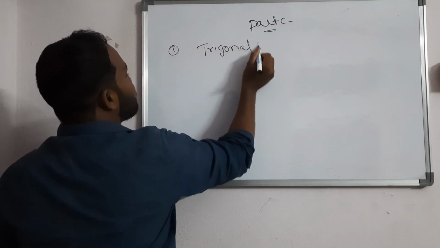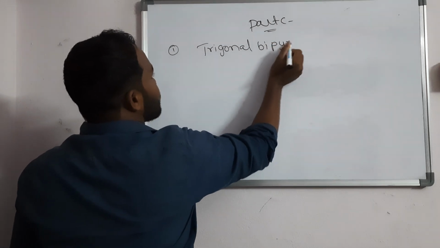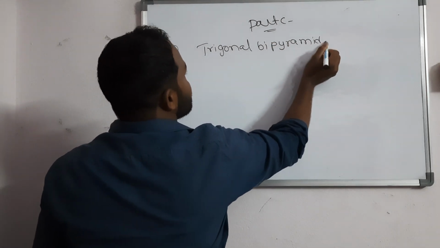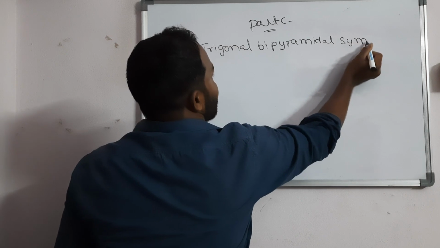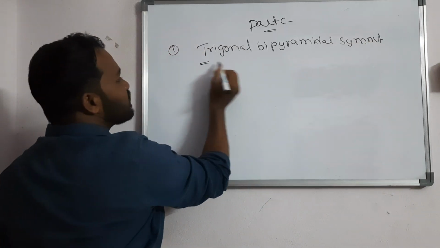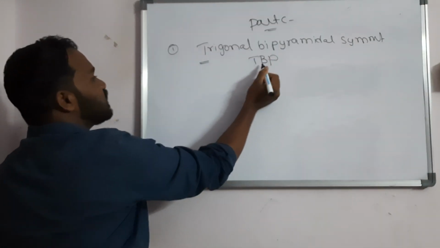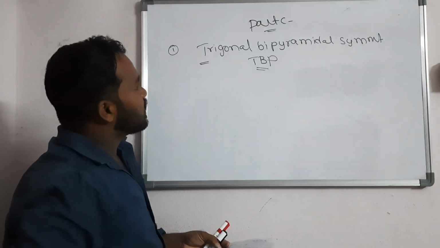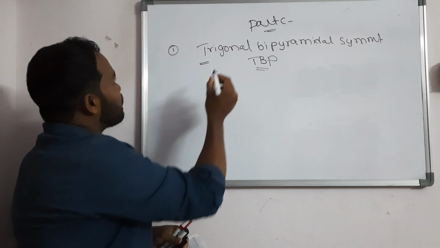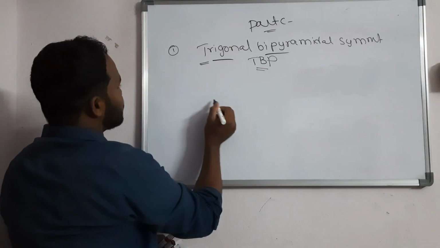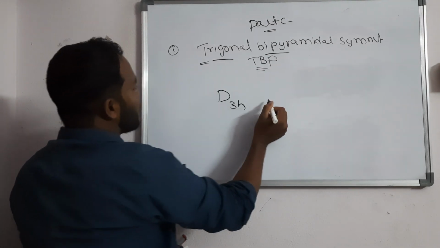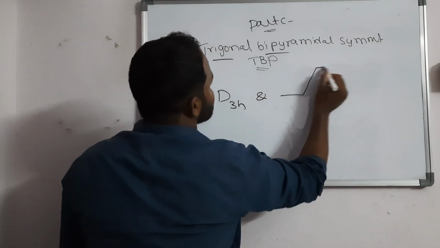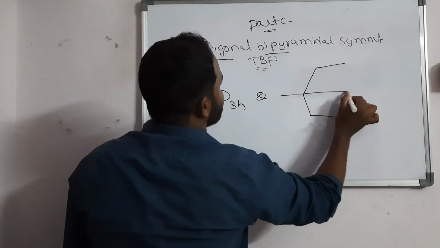Trigonal bipyramidal symmetry they asked, and the splitting of the energy order of TBP they asked, right? So splitting of TBP they asked. Here you can see what is a TBP? TBP, trigonal bipyramidal, that is a D3h point group, and the trigonal bipyramidal splitting is, this is the